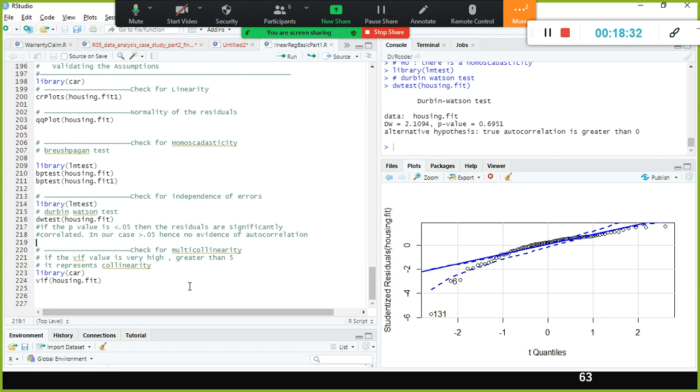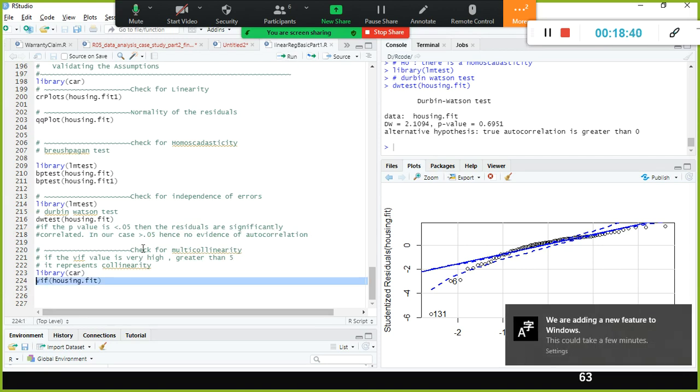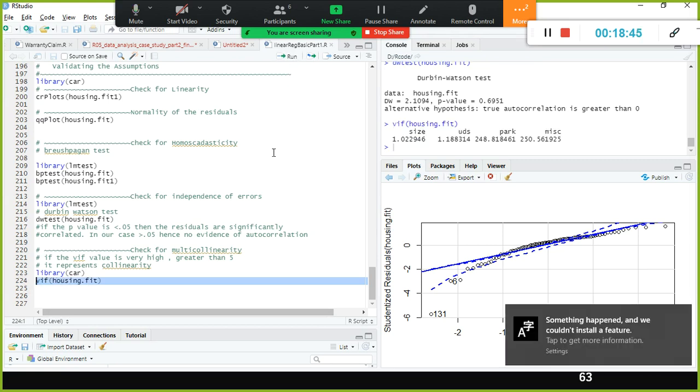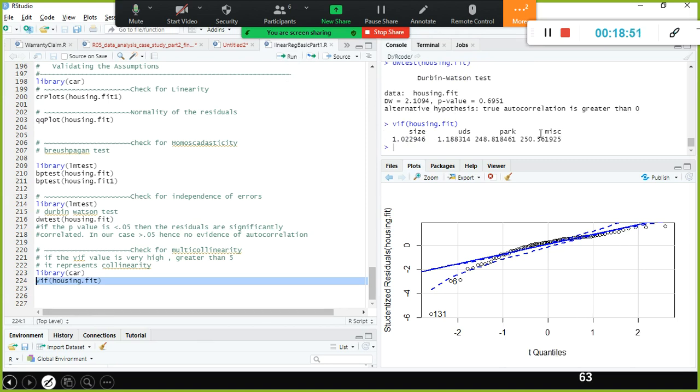Okay, good. Finally, we have something called multicollinearity. Check for multicollinearity. There is something called the VIF function. So I am going to use this model intentionally. Look here, size, UDS, PAR, MISC. These are the features.